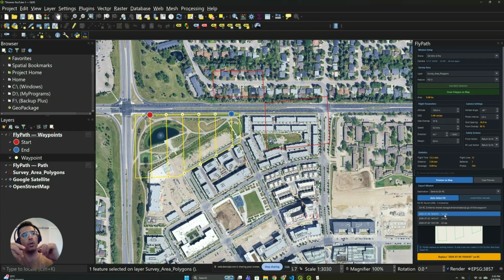So this drop-down menu is actually connected to the RC controller, and it's just reading the files which exist inside the remote controller. So if I check it from here in the remote controller, I would be able to find the exact files that we